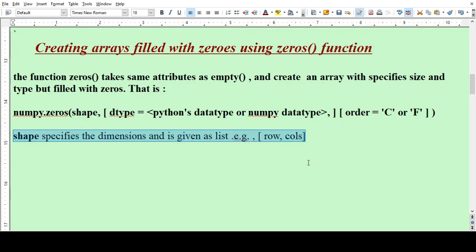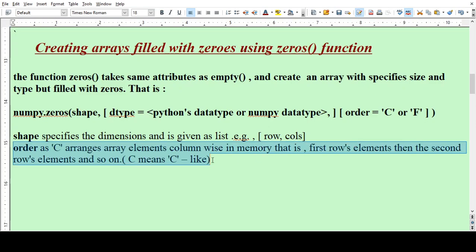Shape in the syntax: what is the meaning of the shape? It specifies the dimensions and is given as a list, for example rows, comma, columns. Order C arranges array elements row-wise in memory, that is the first row's elements, then the second row's elements, and so on.